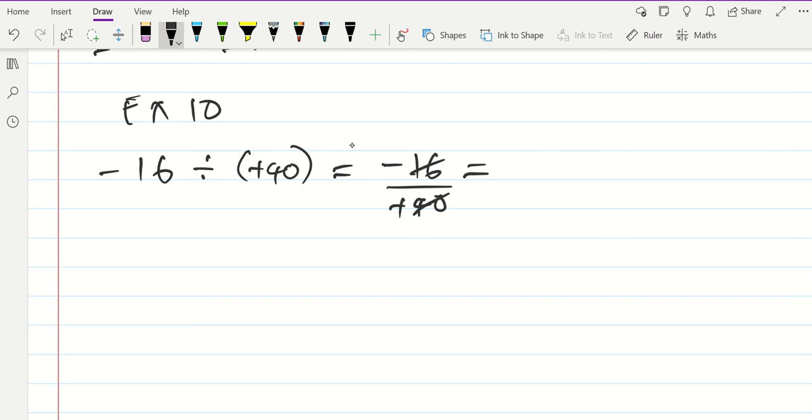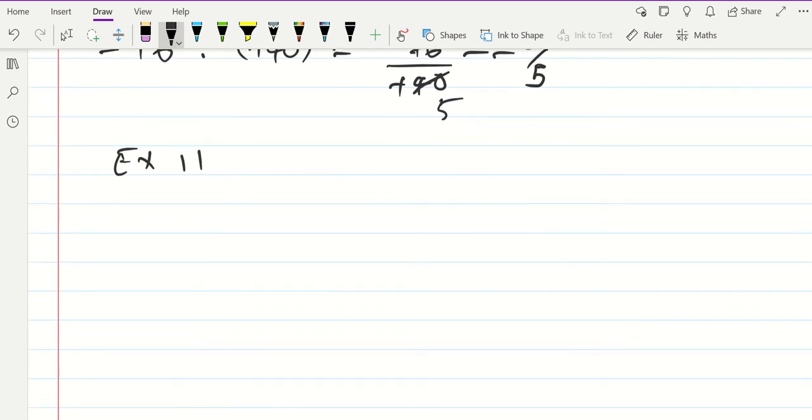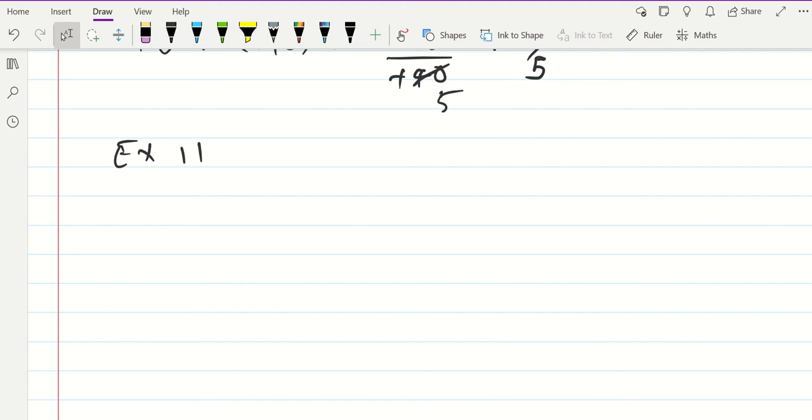So then 8 into 14 will give you 5. Then 8 into that will be 2. That will be 2 over 5. So you put a negative there. You keep it this way as a fraction, or you could make it a decimal, but I think for our purposes, let's keep it as a fraction. It's nicer that way. So then now our last example, example number 11,